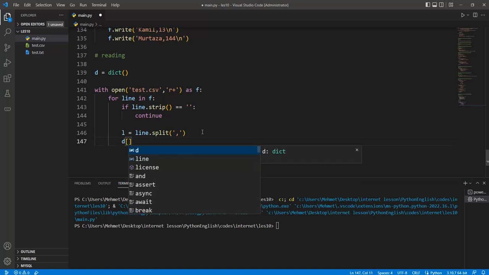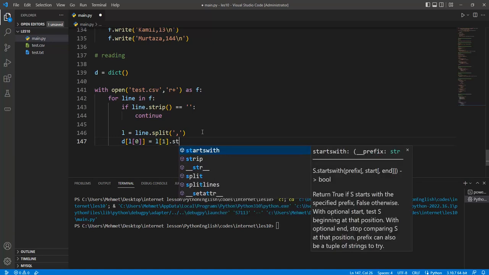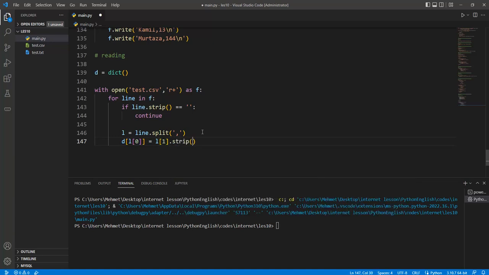And then we can create the L0 value, which is the identifier of the dictionary operation in here, and L1 is the second word because the split creates two parts of the word in here, and so we can assign the strip value in here like this one. Okay, because the strip is the identifier of our object,